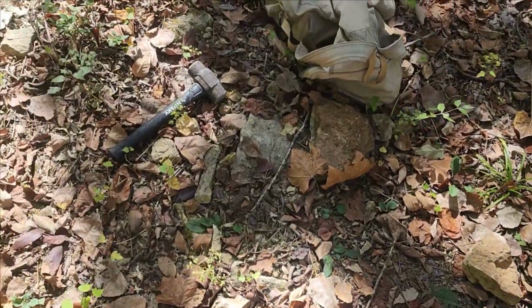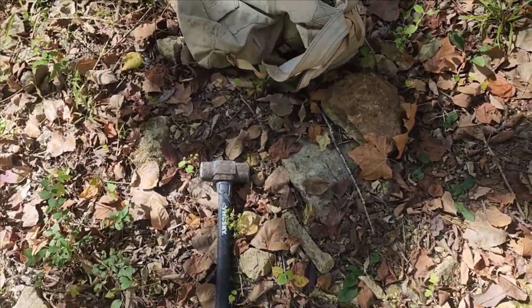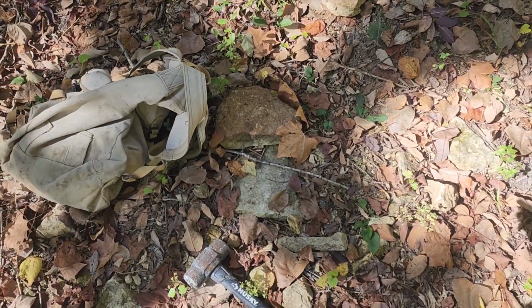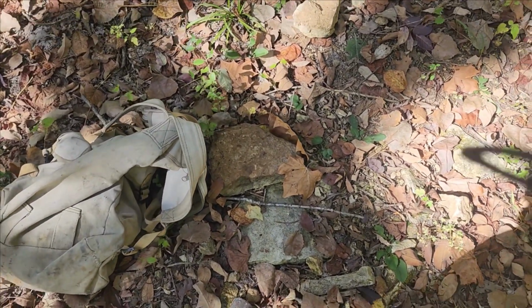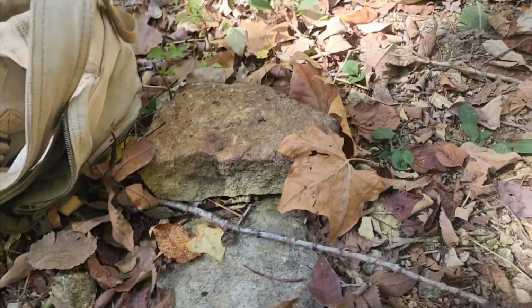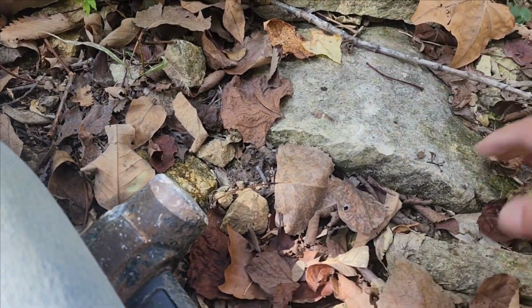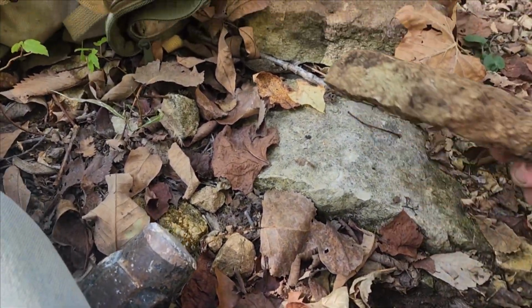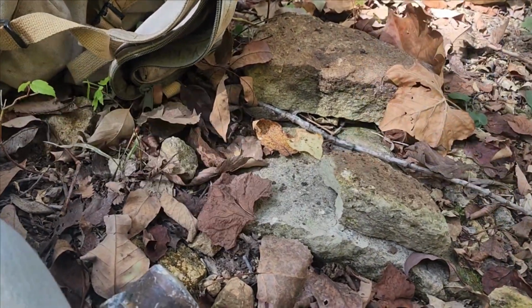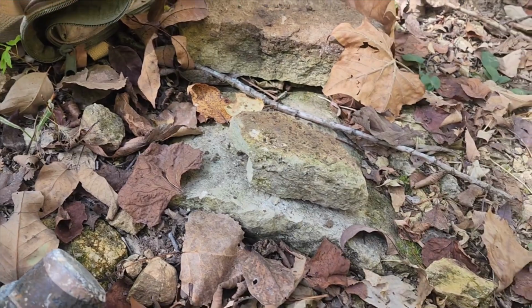Now I will say there's no real rhyme or reason as to how I pick a rock up here. I look for the yellow ones, the khaki or butternut, whatever you want to call it. And when I find one, I give it a couple smacks and see if anything pops out. Even these little flat ones like this, give it a hit. Sometimes, if you're lucky,